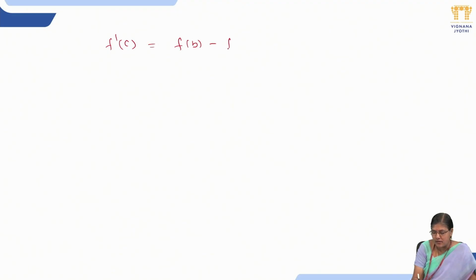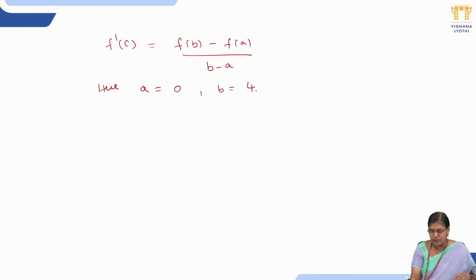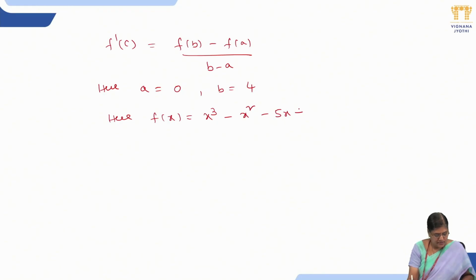According to the statement of Lagrange's mean value theorem, f dash c formula is f of b minus f of a by b minus a. Here, a value is 0, b value is 4, given that a is equal to 0 and b is equal to 4. Here, f of x is equal to the given function x cube minus x square minus 5x plus 3. That implies